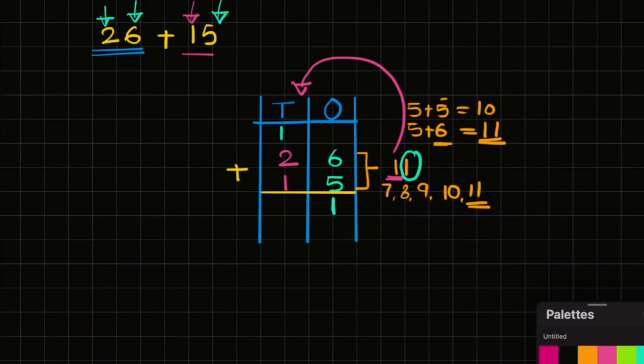First we are going to do addition of the first two numbers. That is 1 plus 2, that is 3, and 3 plus 1, that's 4. So the answer for 26 plus 15 is 41. That's how you do addition with regrouping. As you can see here, if you stack up the numbers and draw columns, it helps us to understand regrouping, and we can do regrouping very easily and clearly in this method.